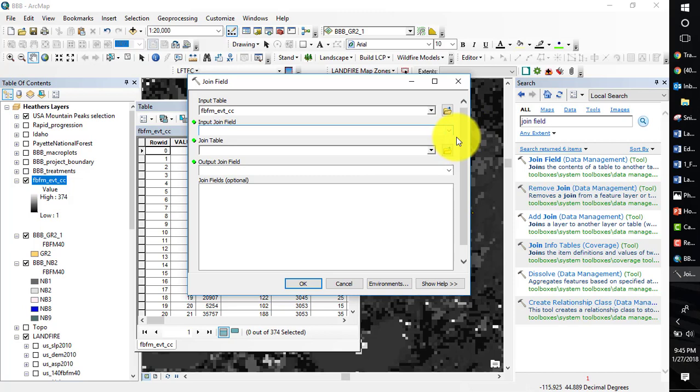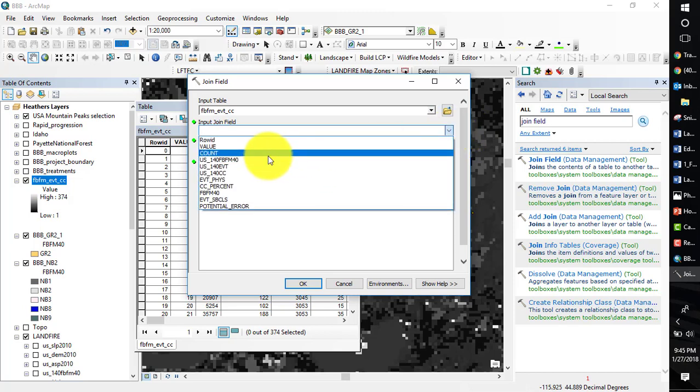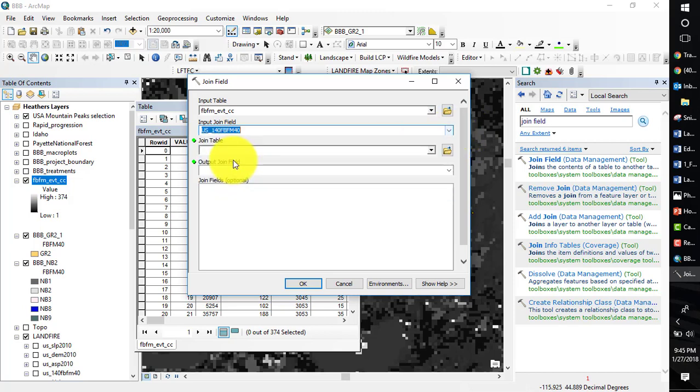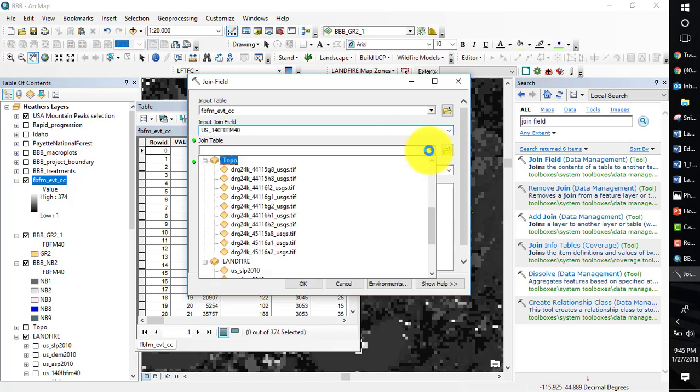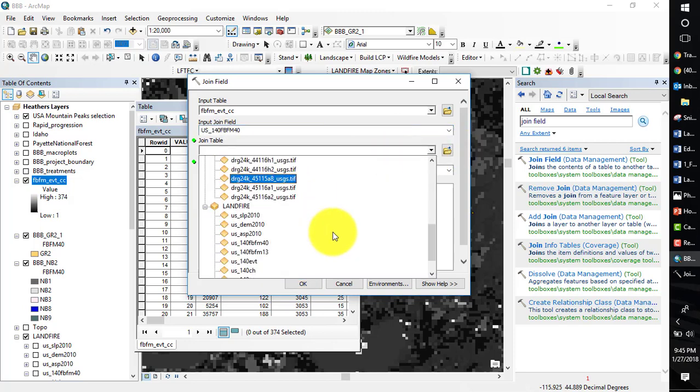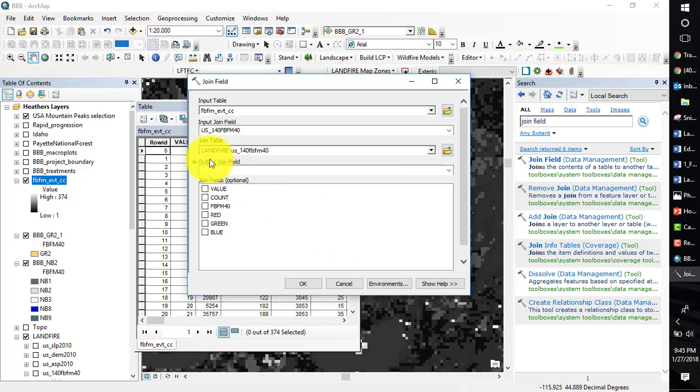And we'll say that we want to join the FBFM40 column to the FBFM40 layer. So for this column in here, we want to join to this field,